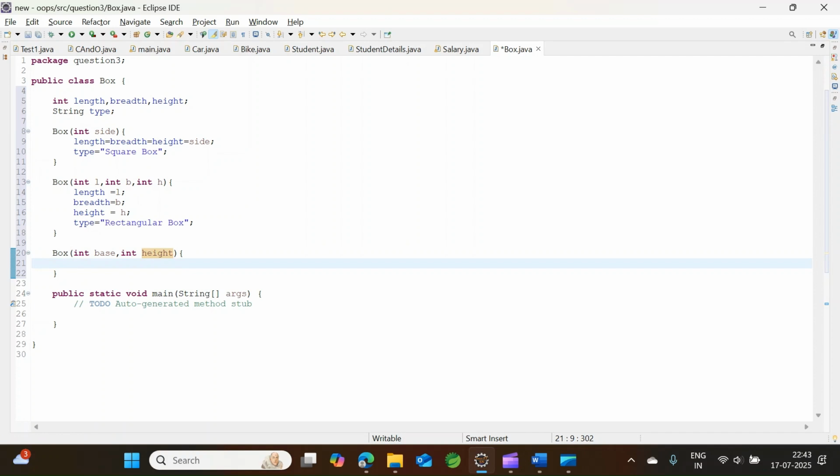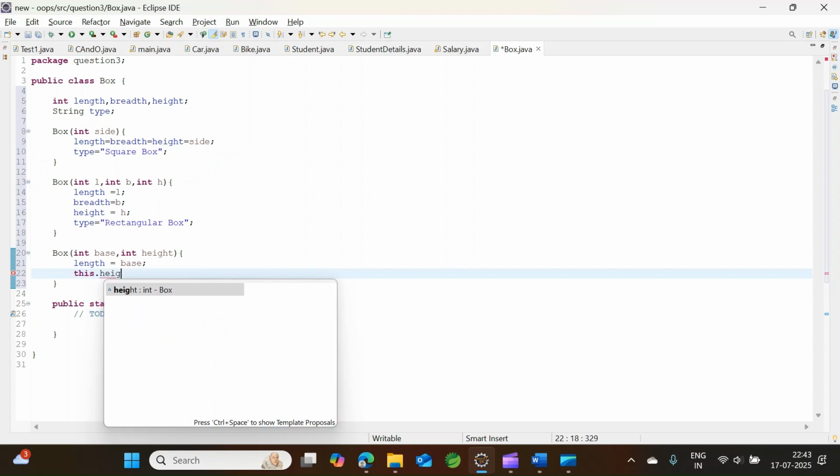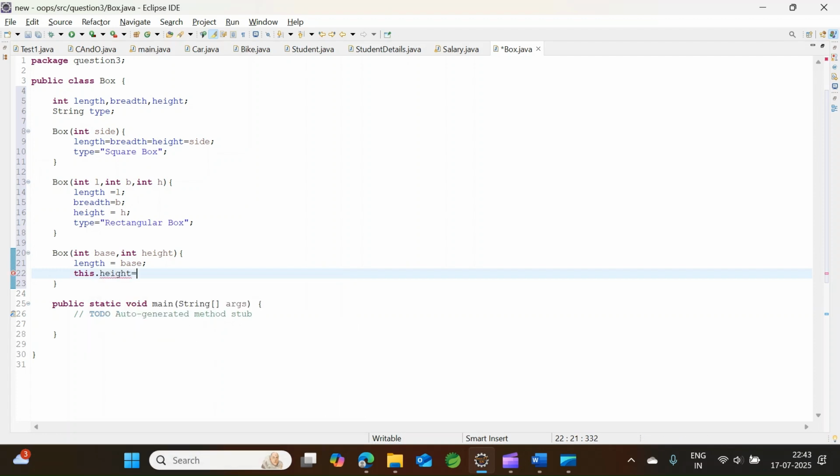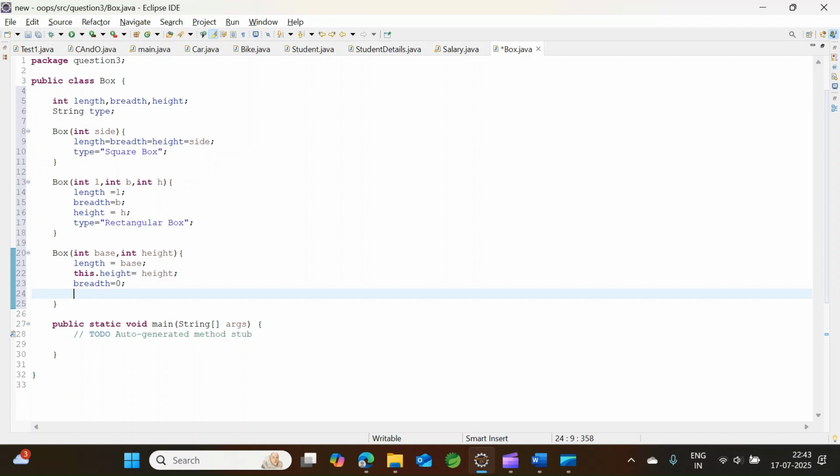Okay, so here length is equal to base, and the height we are using here a height, right? So this.height is equal to height, and also here there will be no breadth, right? So I will be writing the breadth equal to 0. Okay, value is done. So for this type is